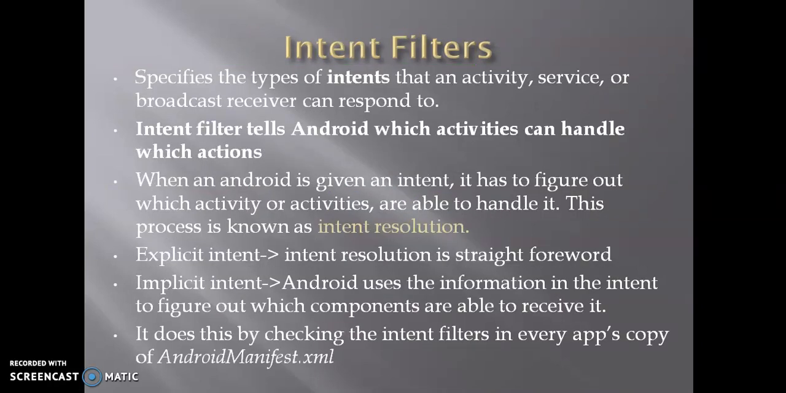So intent filters we have already seen in the previous modules. What is an intent filter? It tells the Android which activities can handle which actions. That is intent filters, and the explicit intent has intent resolution. Intent resolution means when Android is given an intent, it has to figure out which activity or activities are able to handle it. This process is known as intent resolution, and for explicit intent, intent resolution is straightforward,